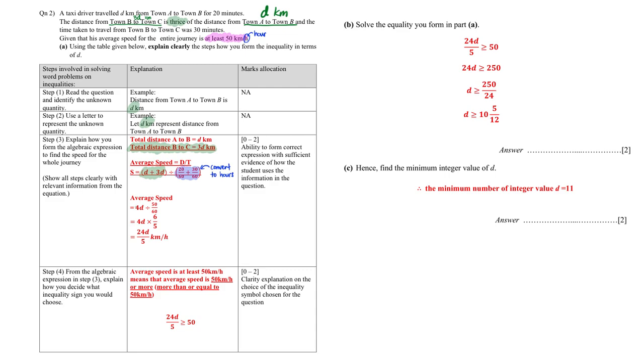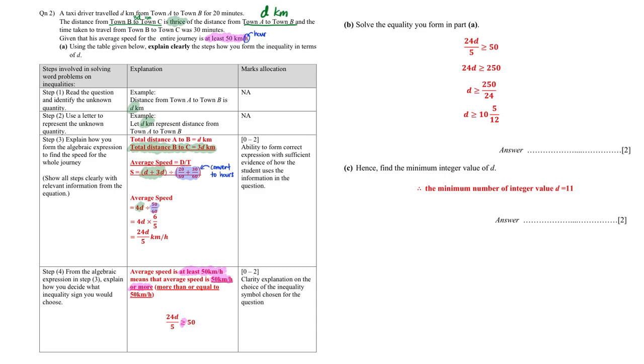D plus 3D is 4D, 20 over 60 plus 30 over 60 will give me 50 over 60. Divide, change to times, 5 over 6 becomes 6 over 5, and it will lead us to 24D over 5. And the reason why I highlight the at least 50 km is because this is how we then decide on the inequality sign. This tells me that the speed is 50 km or more, and therefore I'm going to choose bigger than or equals to 50